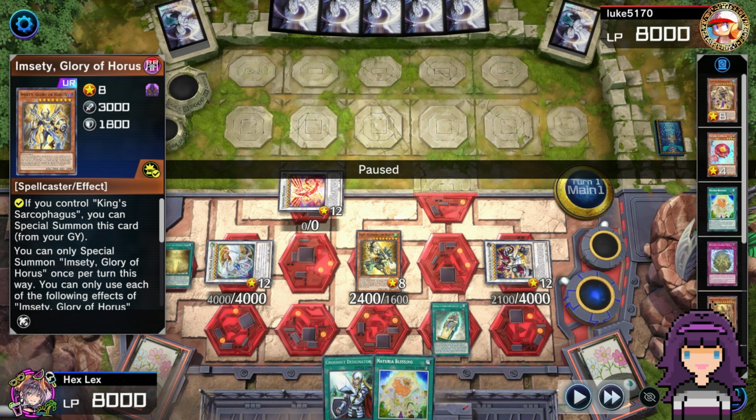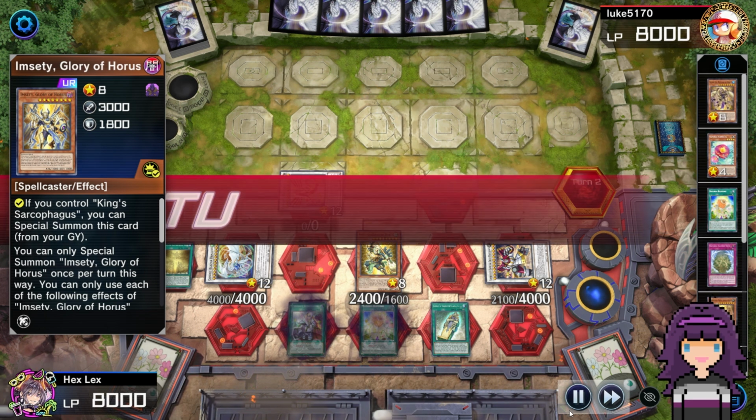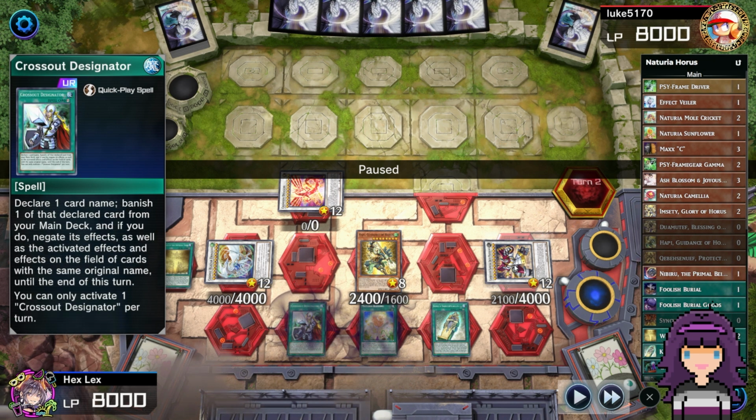If I had some hand traps in here, then I would definitely feel a lot better about ending with Hoppy on the board, but either way, it doesn't super matter. Oh, and then I definitely want to set these 2 spell and trap cards, right? Of course, Blessing and Crossout could come up during the opponent's turn in general, but again, I want my hand